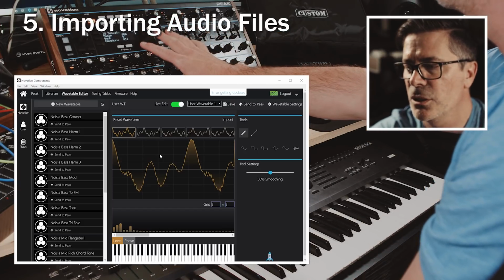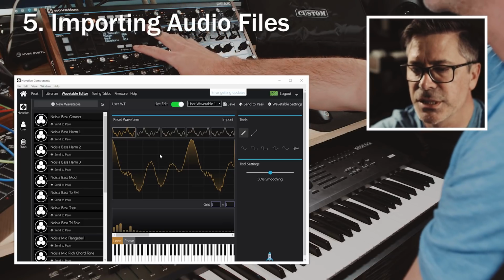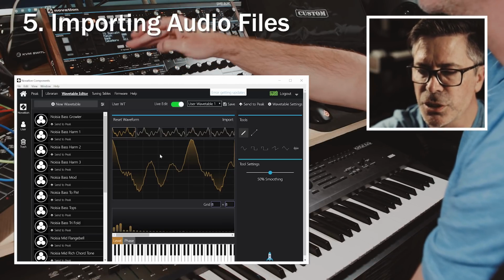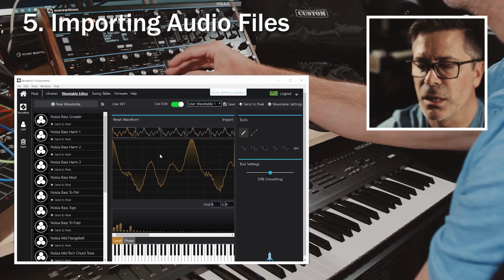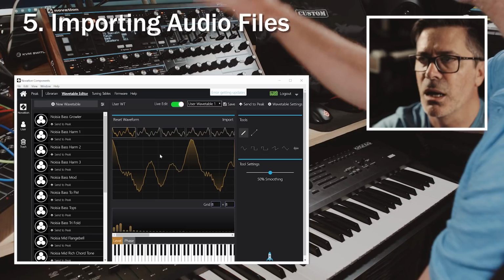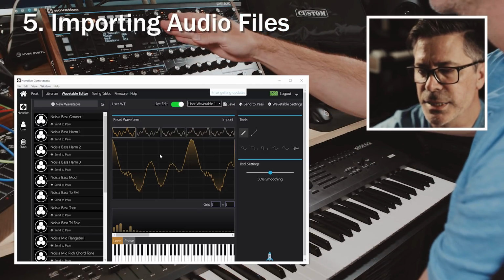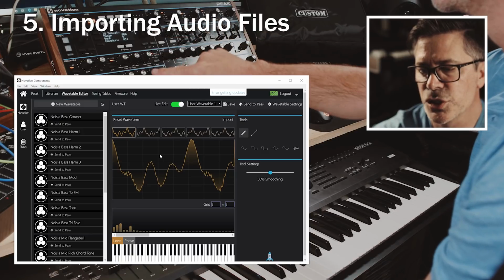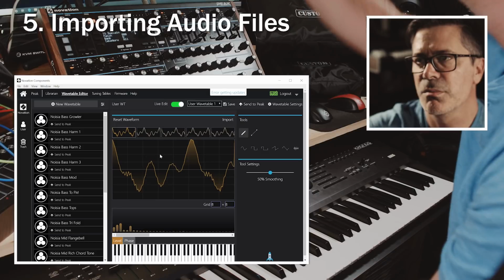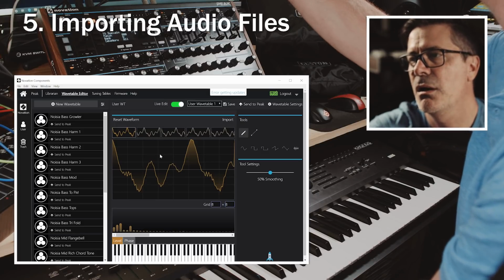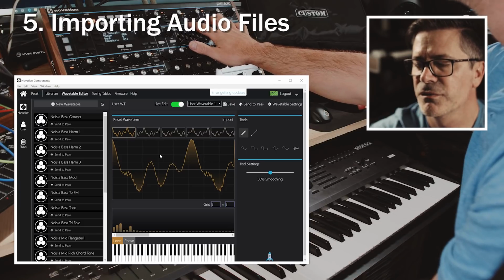Now what I've got here on the Peak is a patch that I've set up where I'm using all 3 oscillators, and each oscillator is accessing the wavetable slot number 1. And I have the shape amount for each oscillator just slightly different. So I'm picking out different parts of the wavetable, and then I've got the LFOs, the first two LFOs,